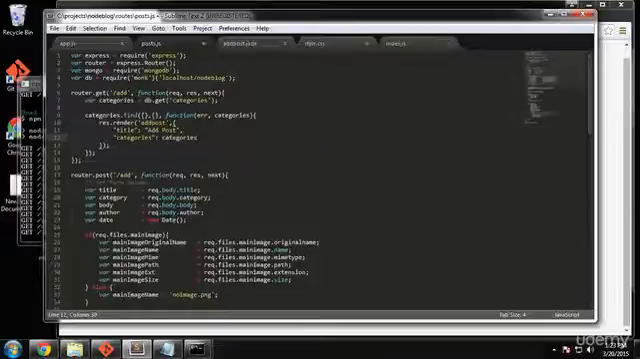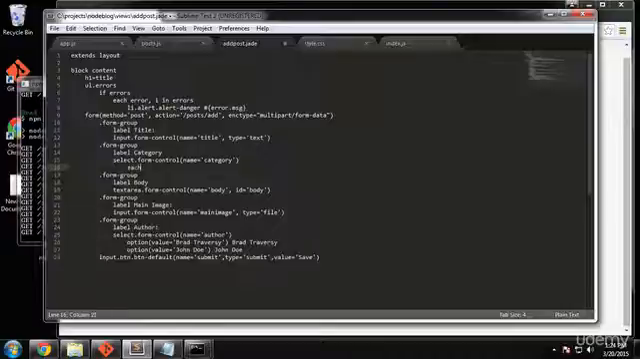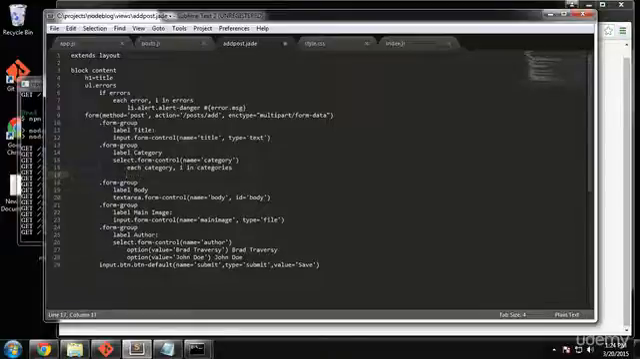Alright, so easy enough. Save. And then finally on the add post Jade, we need to select form control. We're going to call the category each loop right under the select, and we're going to say each category in categories,